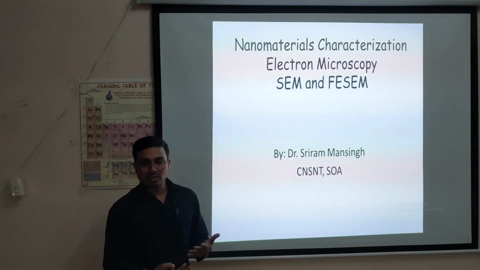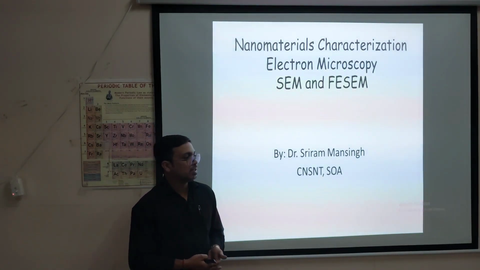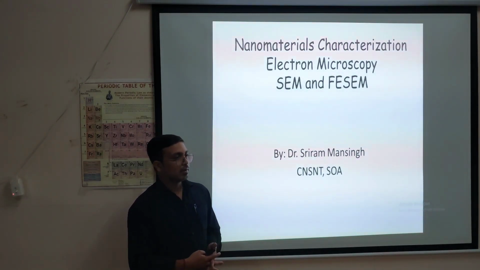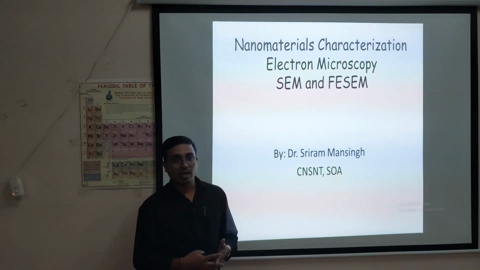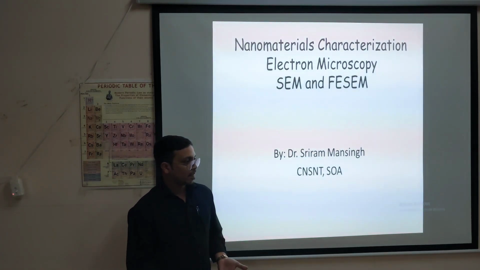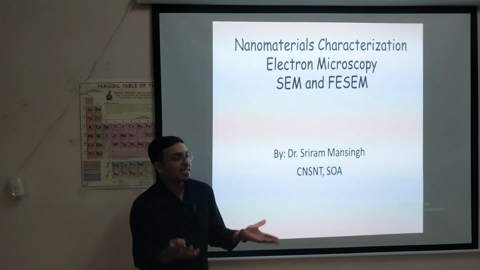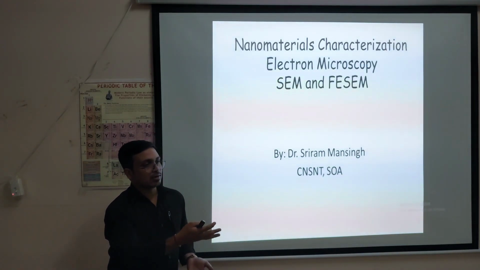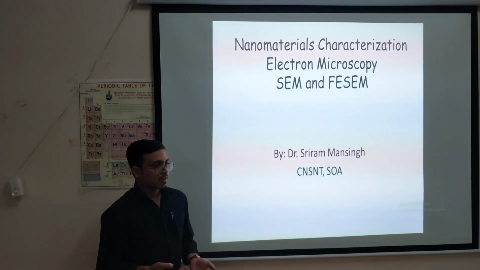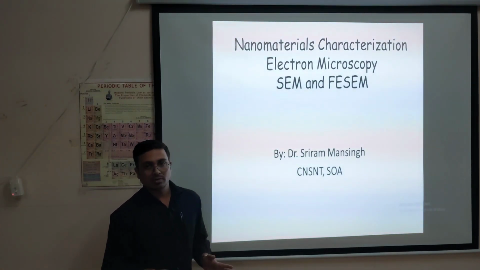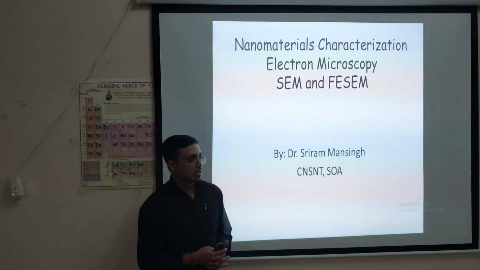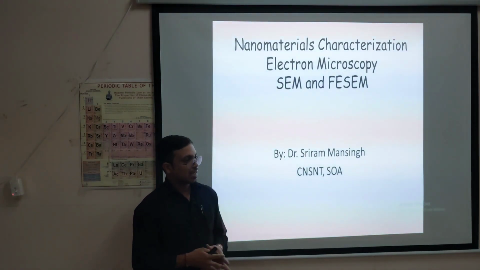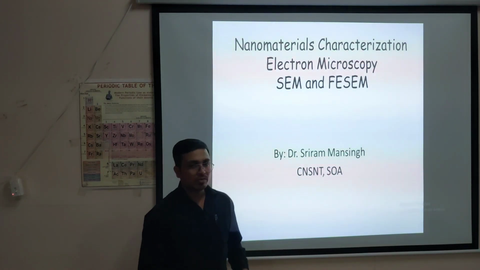More detail about the morphology you will have an idea from the TEM. Then about the fringes or the lattice arrangement you will have an idea from the HRTEM. Do you get my point? Then the crystalline character you will have from SAED, the selected area electron diffraction technique. So in successive classes I will go through all these things. So any more requirement? Any questions? So now you are ready. If I give the same image, you can interpret.